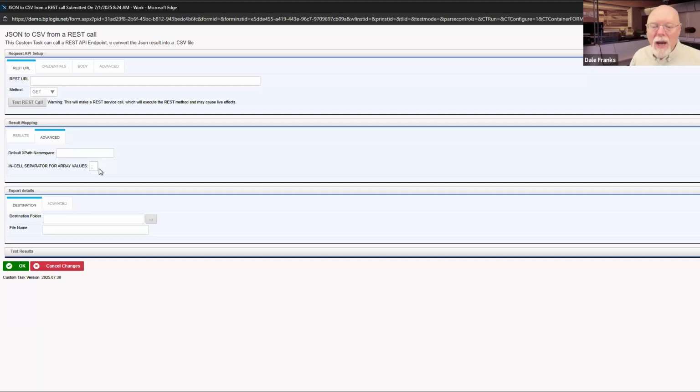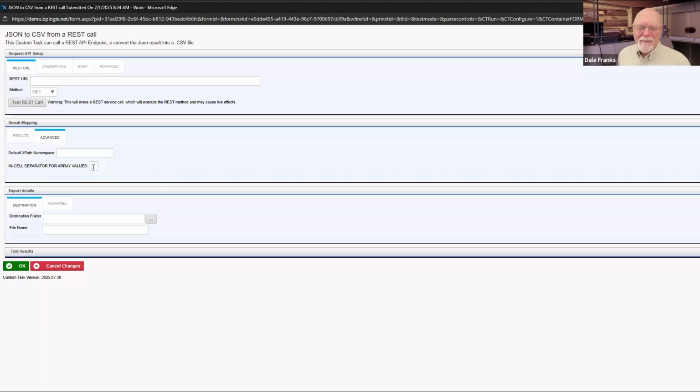You can change this in-cell separator to another character if you want. So if you wanted to put the bar character in, that would be fine. I would, of course, strongly urge that you not use the comma character as your in-cell separator to export to your comma separated list, because it's going to be quite confusing when you open up that CSV file in Excel.